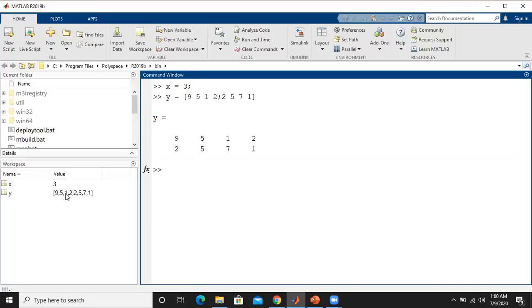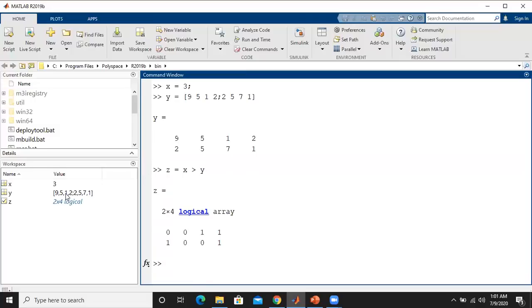Now I will take the logical variable z and just compare whether x is greater than y. That means the 3 will be compared with each and every element of y, whether the 3 is greater than the elements of y. The first position value is 9, so is 3 greater than 9? No, it is false.